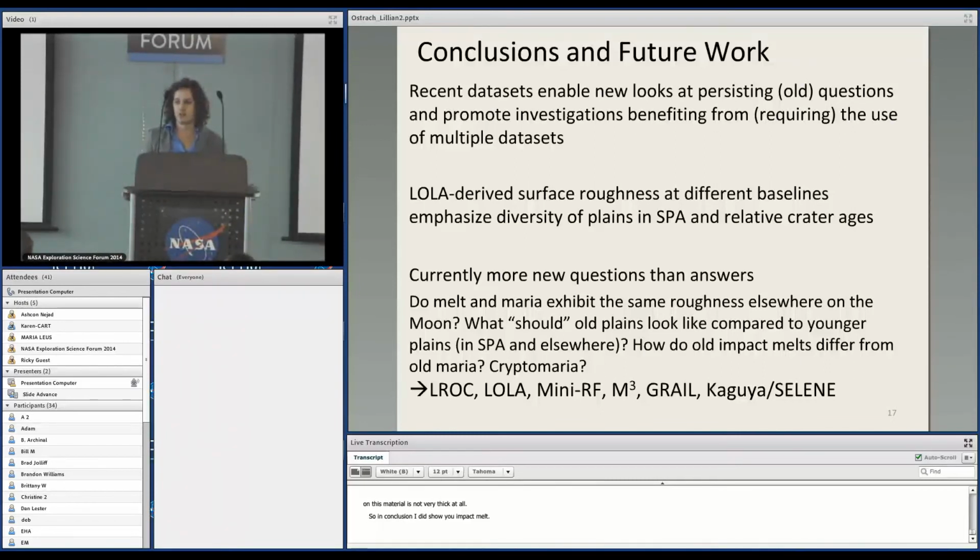So if you read the abstract and that's what you are sitting here to listen to, I hope that I made you happy. We all can agree that recent data sets enable new looks at persisting and sometimes old questions and allow and promote investigations that benefit from or indeed require the use of multiple data sets. A lot of the work that's been presented at this meeting so far really shows, I think, the wonderful result of melding multiple data sets that we would not be able to do without LRO and M-cubed and other data